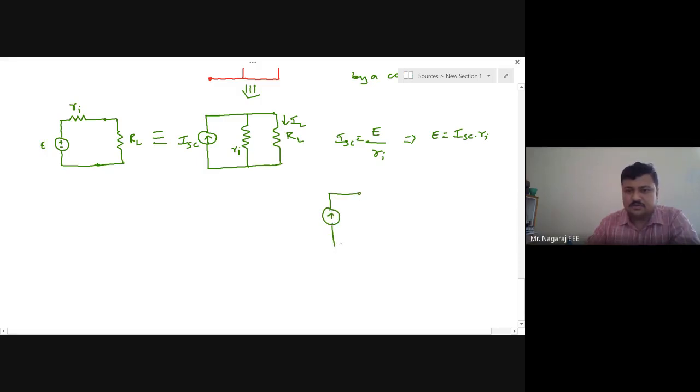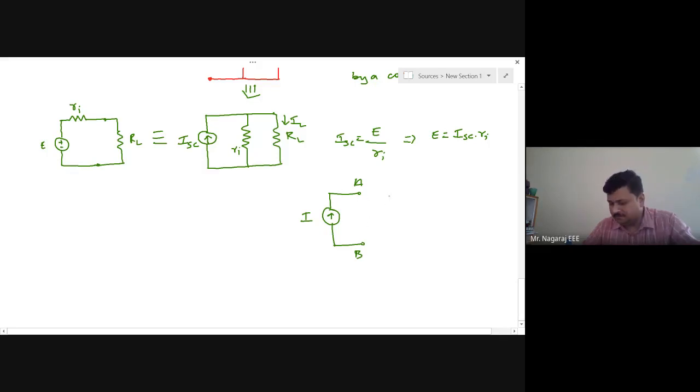This is an ideal current source, I. This current source has the capacity to deliver the current infinitely, for infinite time. The moment this current source is produced, it starts delivering the current. Now, if I keep the ideal current source open, it will try to deliver the current from terminal A to B. But because this is open circuit, what will happen here?